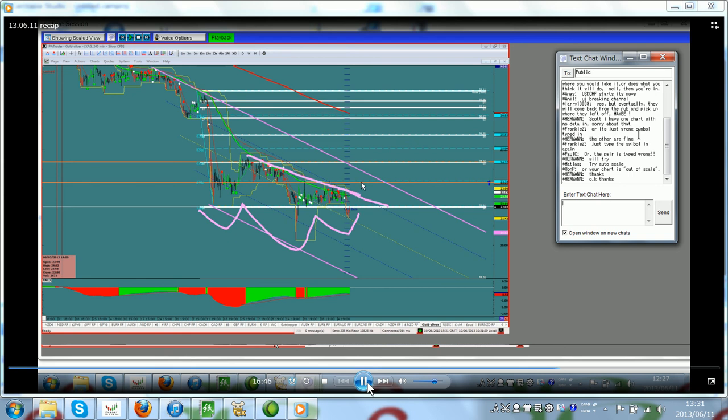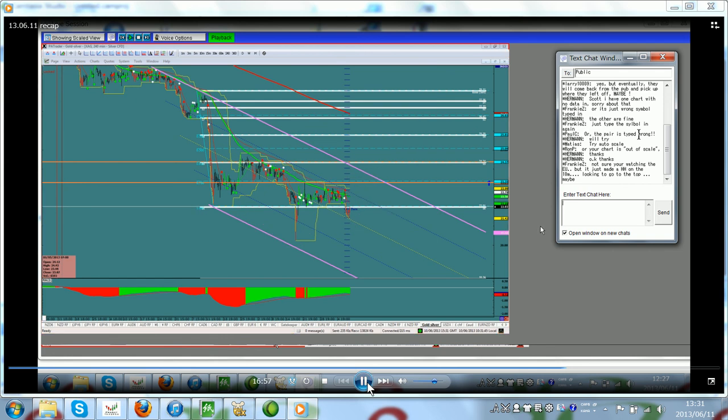So nothing to do until we break above here, and now we're looking at coming up to the day chart top. If it comes up to the day chart top and turns to the downside, we're going down again. But if we break this thing, now we're underway for potentially a big move.